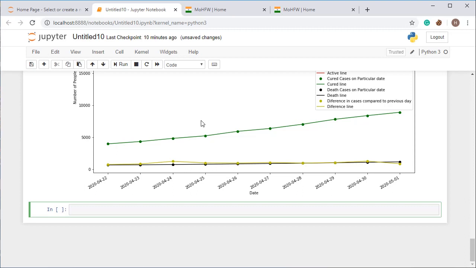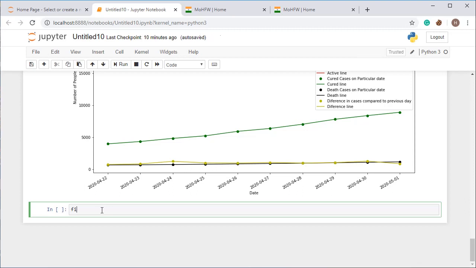I hope you have understood the line chart. And one more thing that we can use is subplot, means we can create two or more graphs in a single figure. So how to create subplots? I'm going to show you. Subplots actually divide the whole graph sheet into different sections, means number of rows and number of columns. Subplot requires two attributes, number of rows and number of columns. So I'm going to show you a quick example.